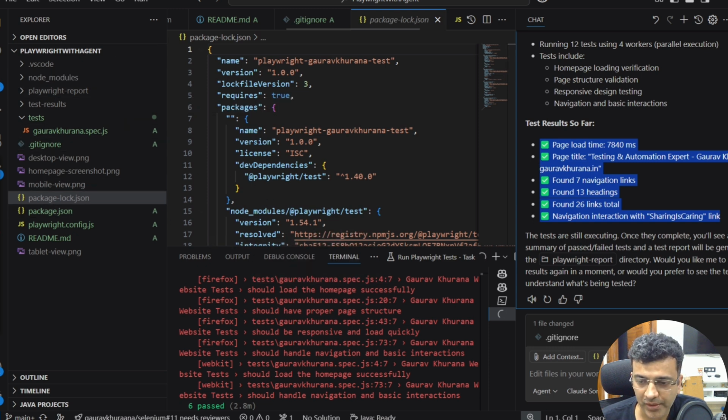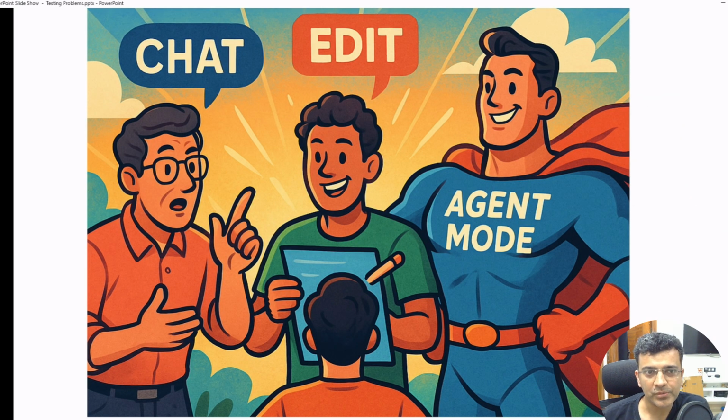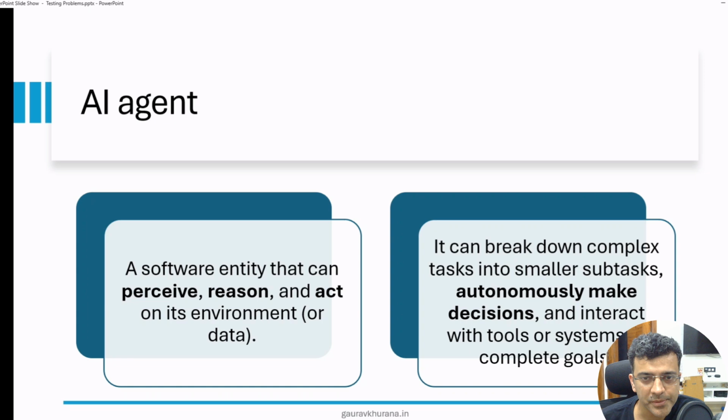So I hope you like it, and I will check in this code, and let me also show you a difference which will help you in remembering it easily. You can understand this analogy: just like your parents just give you advice, your friends can help you in some of your tasks. Elders also just give you advice, but friends can help you achieve it. So that is edit mode. But agent mode is like that super intelligent pencil, whatever you write, it will do the task. Yes, but we can write better prompts. There is a video on my channel you can check to write better prompts as well.